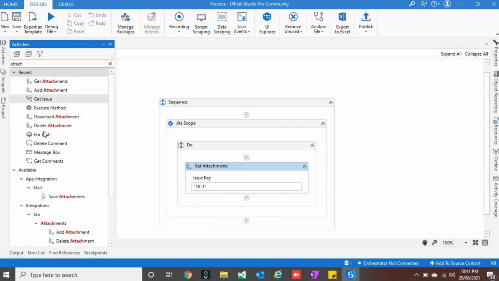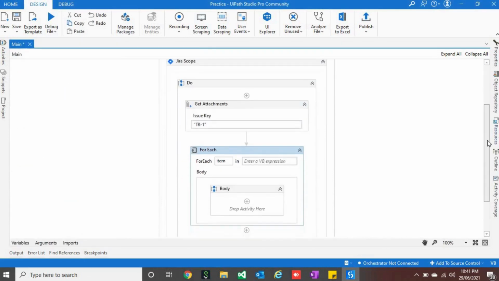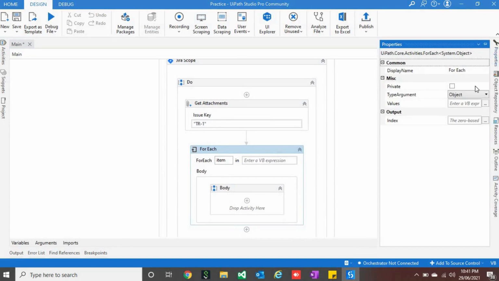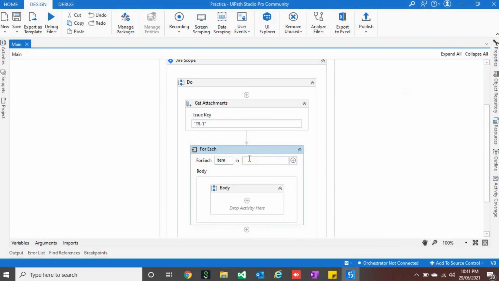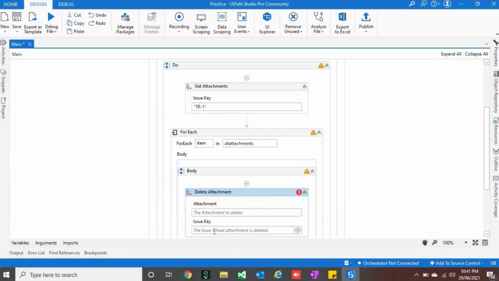Then you will have to loop on it, and while looping just make sure that the argument type is the same Atlassian Jira Attachment. Now I'll pass that variable here, and I'll take the Delete activity. I'll pass the issue key here also, and here I'll pass the instance, that is item.